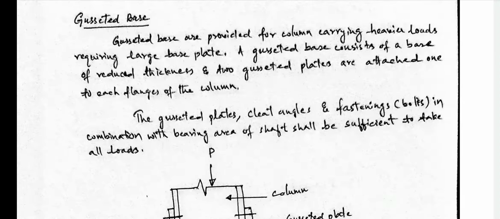It mainly consists of a gusset angle, which is a difference from the slab base. The slab base consists of a cleat angle. If you go for a welded connection, no cleat angle is required. Here, when designing the gusset plate, the gusset angle is required if the connections are bolted. If the connections are welded, again the gusset angle is not required.